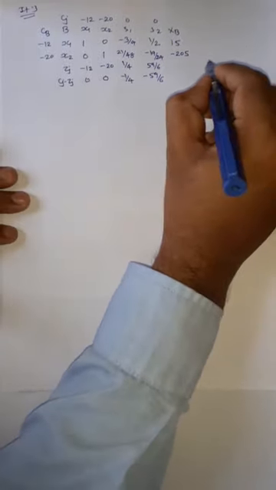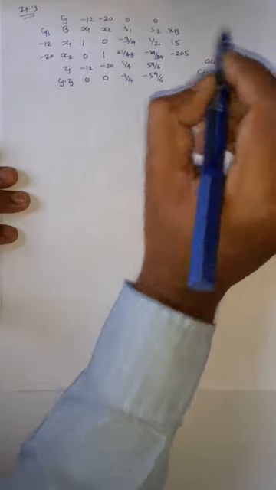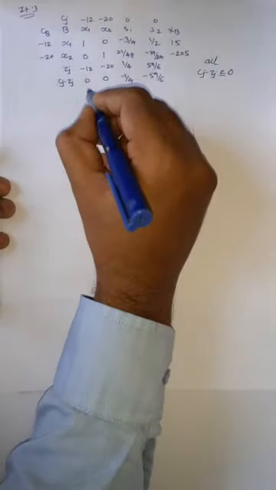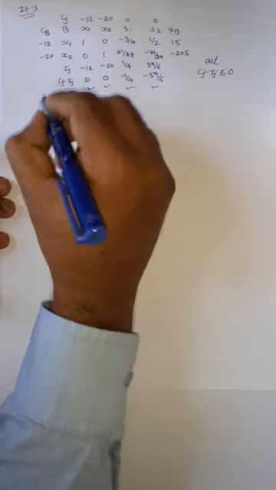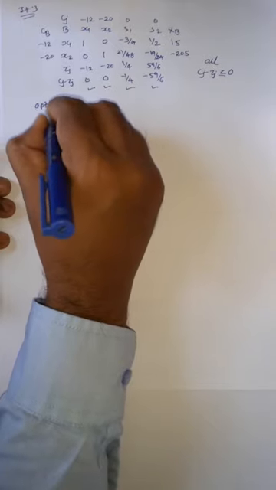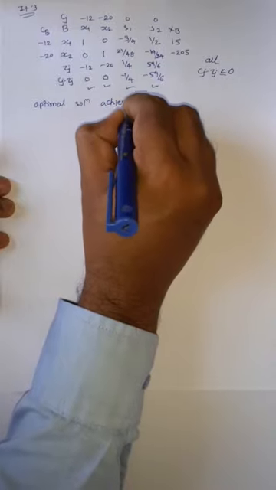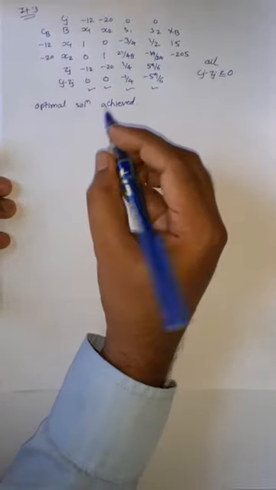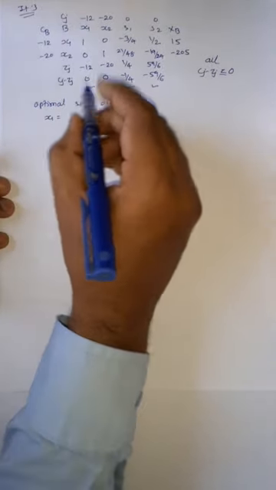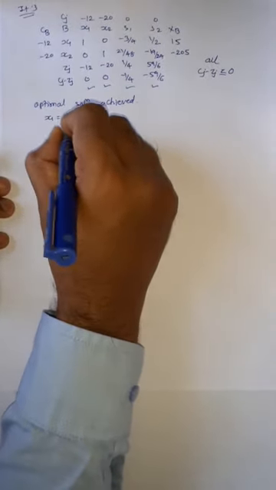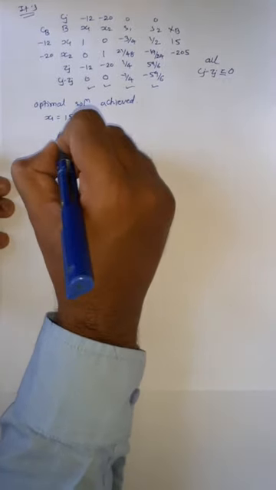Now check the values: all Cj minus Zj values must be less than or equal to 0. So here these both are zeros and these both are negative. So we get the optimality condition. So the optimal solution is achieved here. Optimal solution is achieved. And now what is the value of x1? The value of x1 here is 15 and x2 is minus 20,